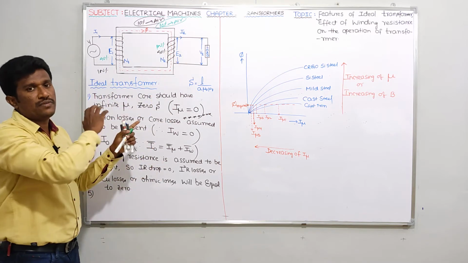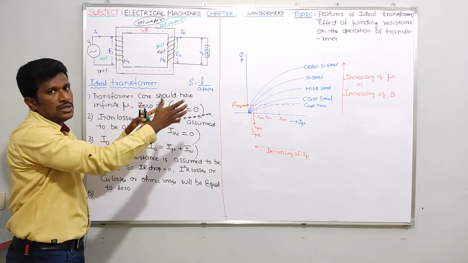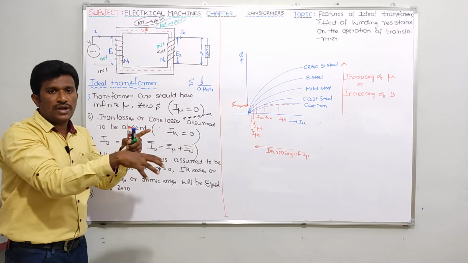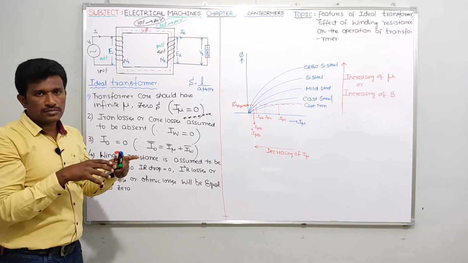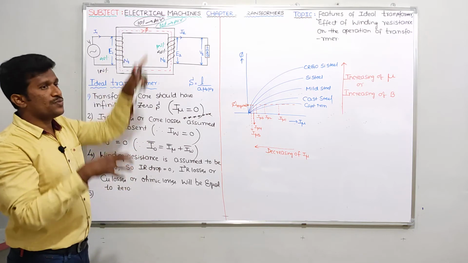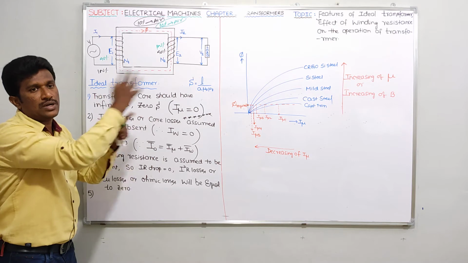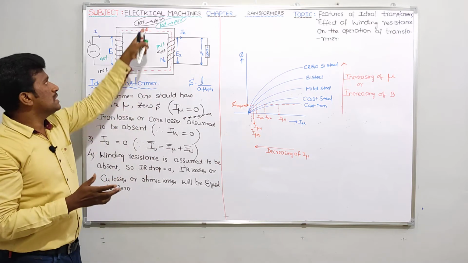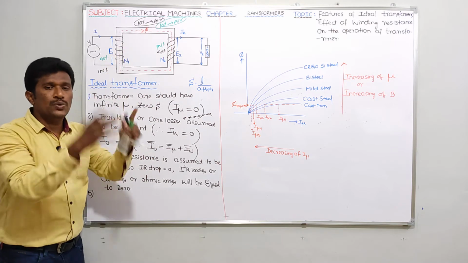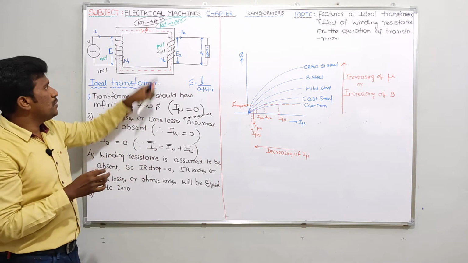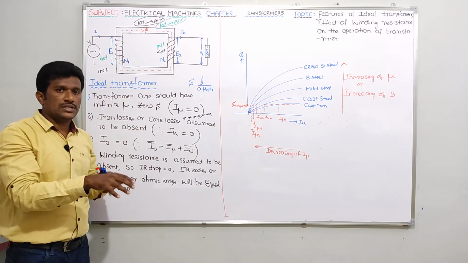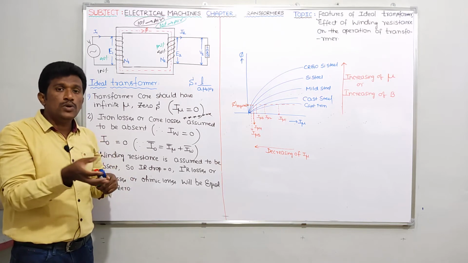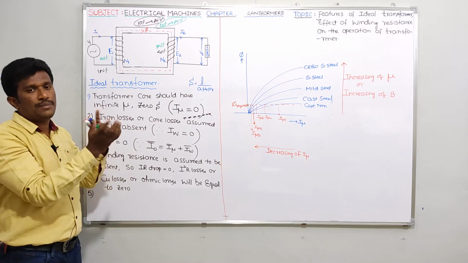Transformer transfers power from primary side to secondary side, no? In that function, mutual flux, or I can say useful flux, or working flux, will be involved. Whereas this 10% flux will not be involved in that power transfer function. That's why this leakage flux can also be called useless flux. Whereas the mutual flux, 90% flux, can be called useful flux, working flux, mutual flux, because it is linking with both the primary and secondary.